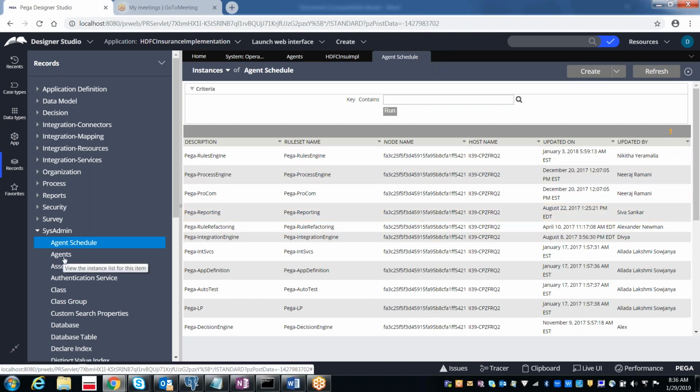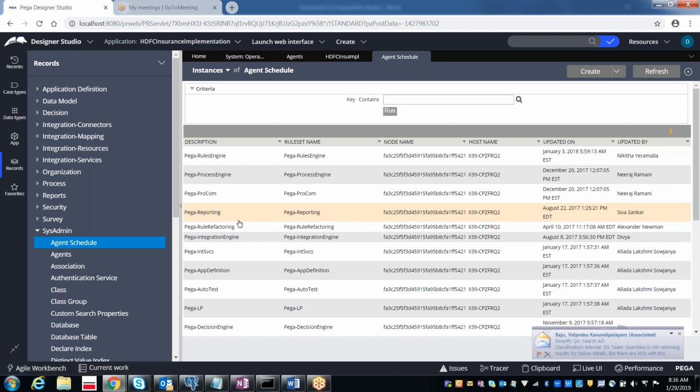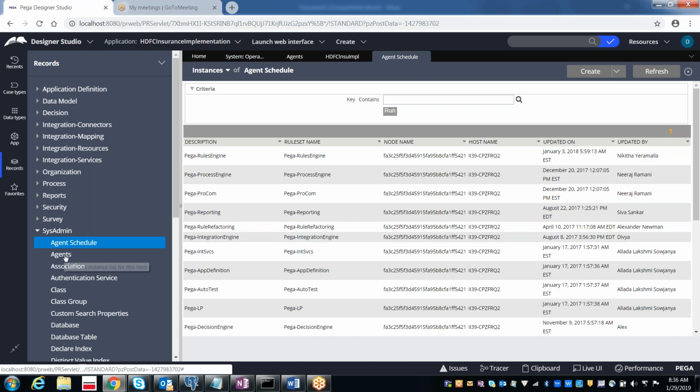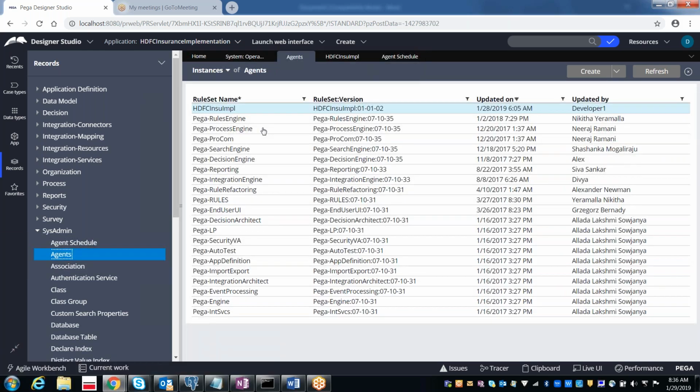How exactly is it created? It is created by one of the master agent rules. Internally Pega maintains one master agent, which keeps on referring to which agents have been created by the operators. So whenever an agent rule has been created, it will automatically create the agent schedule also.